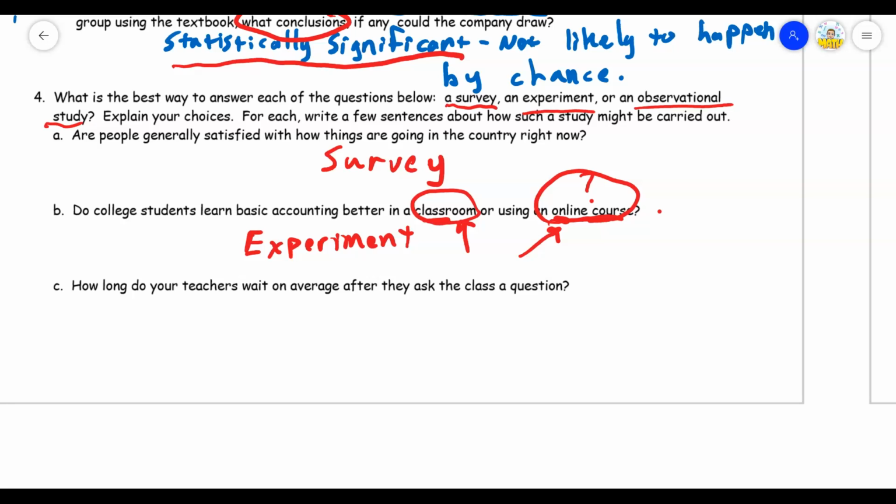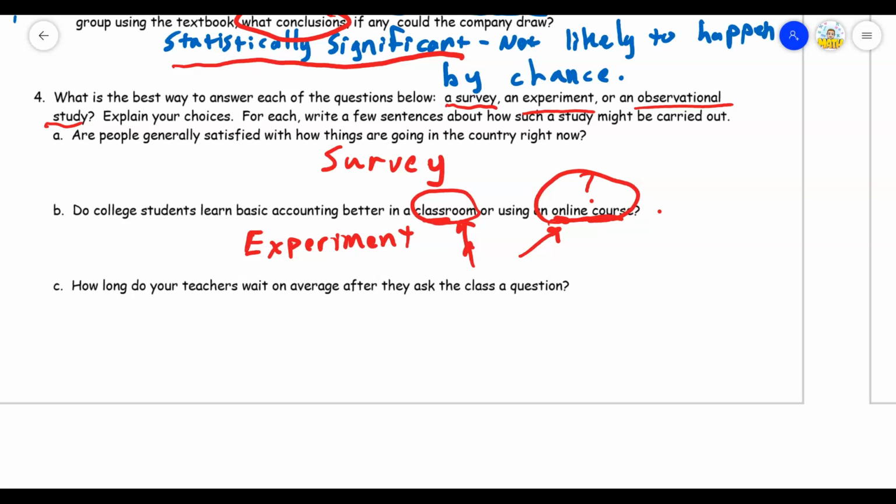And in fact, you could even make a block design, right? Suppose we have 4 teachers available for the experiment. So each teacher has a class of 10 in the classroom and then another class of 10 online. And then we look at how each teacher's classroom versus online course went. And then we could control for who the teacher is. That would be a pretty nice block design for that situation.